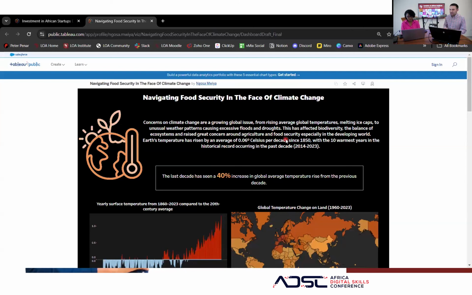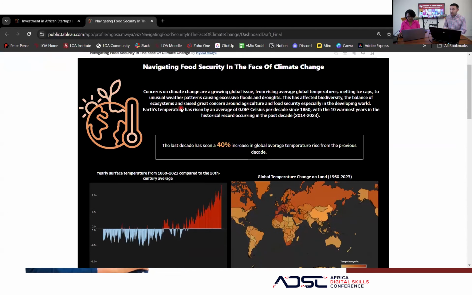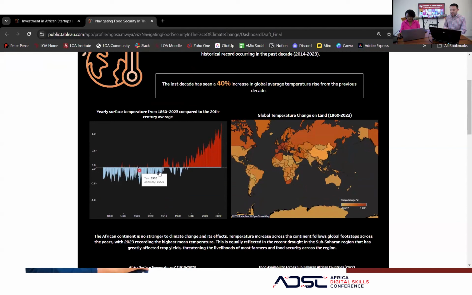We see some text to situate that data visualization. We see a nice little icon here to bring that out, and then we start with our KPI. Now, she's done things very differently here. She's got 40%. She said in the last decade, we have seen a 40% increase in the average temperature rise from the previous decade, right? Starting with a big number related to climate change. And then she shares that climate change data here that we can see both here over time, and then we can see this on the map as well